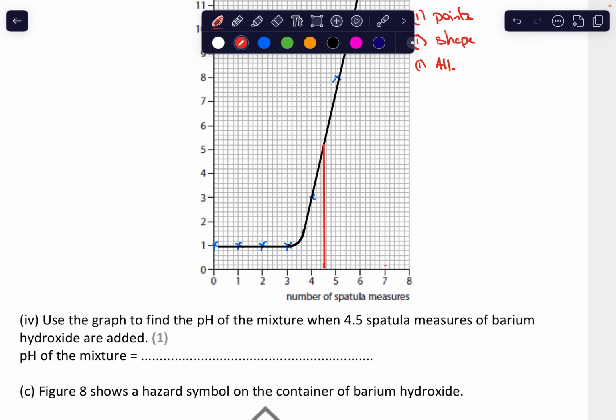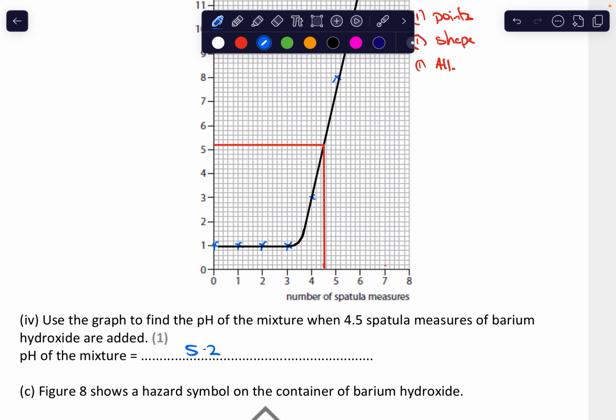And then I'm going to extend that across to the pH that comes out over here. Okay. And all I'm going to do from this is then get a reading of this. So it's 5. Now be careful, because each one of these little dots means work out the scale. So that's going to be a pH of